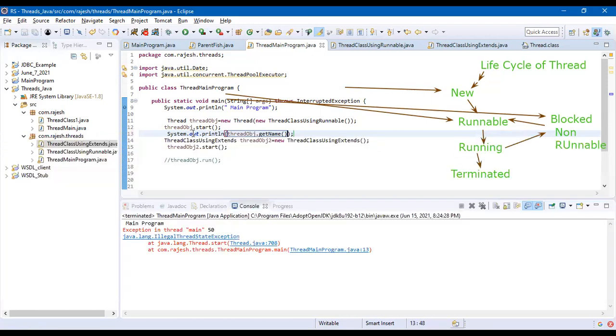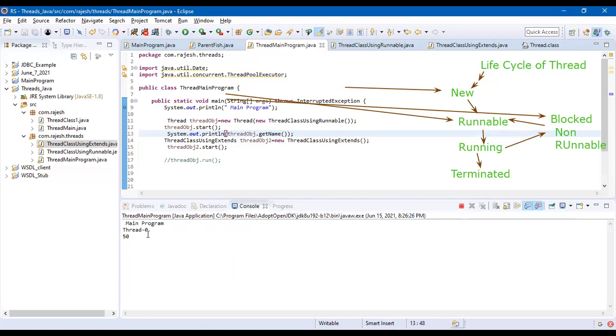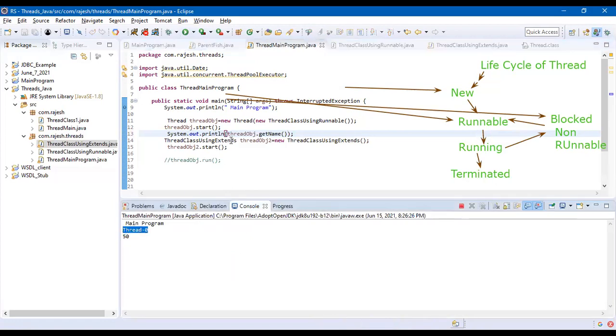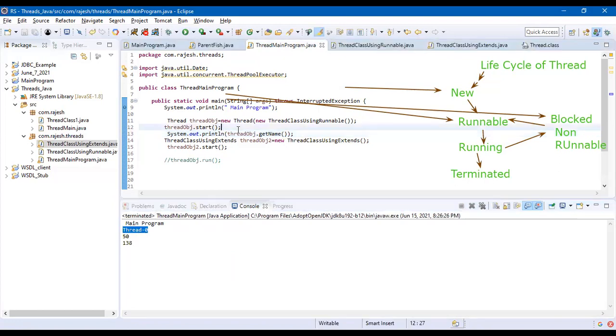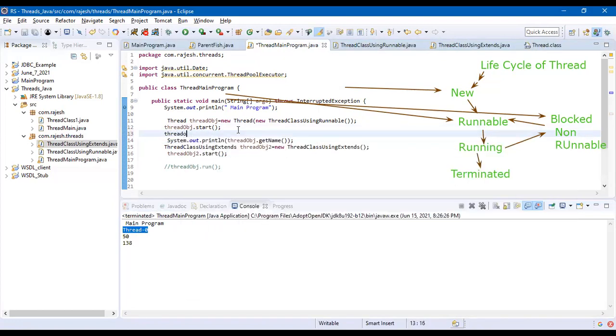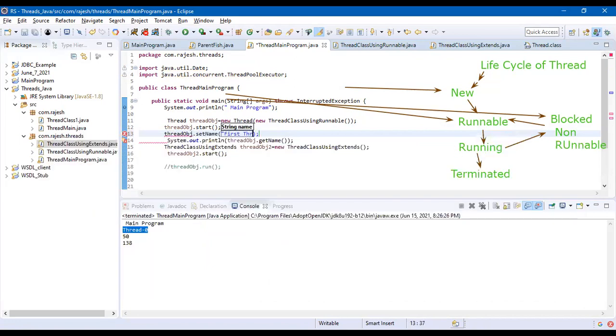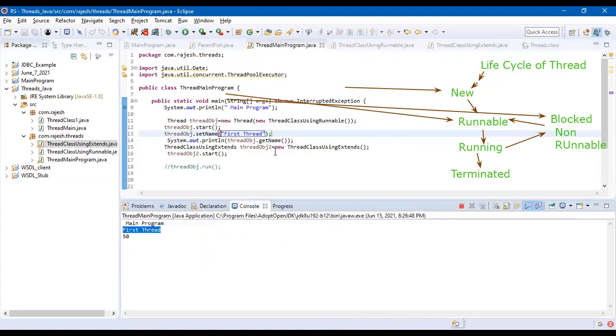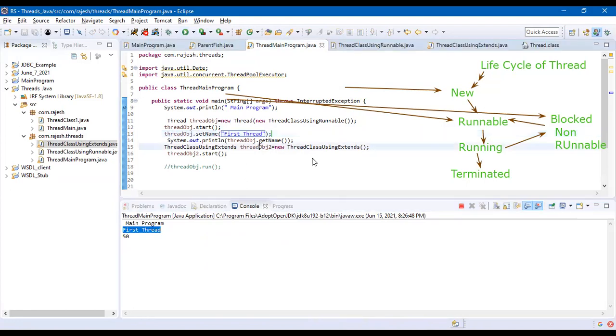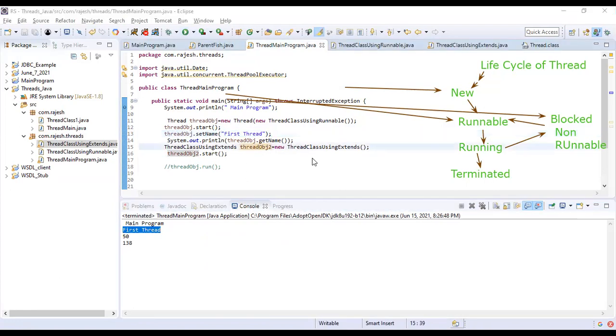If I go getName, Thread-0 is the name which is given. So I can set a name also. threadObj.setName("first thread"). See here, now the name is coming as first thread. This getName is giving us first thread.